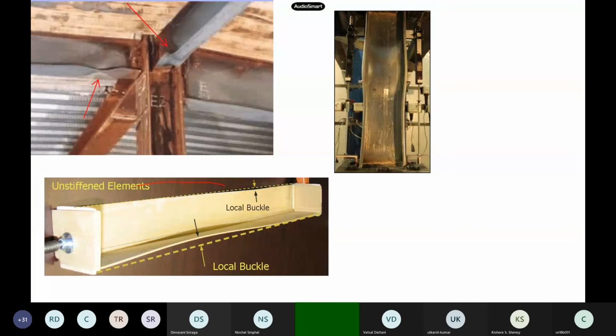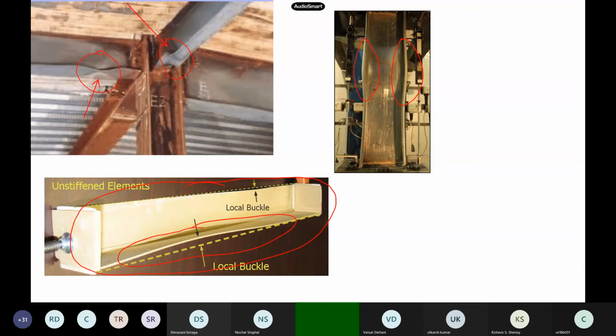So what is buckling here? This section has buckled here. Now this is also like your angle section or something. Here only one leg has buckled, the other leg is perfectly fine, and the structure overall is fine, but individual members have buckled. Here also you can see they have buckled, but the overall structure is fine. Here also you have a beam, the flange has buckled. This happens in steel structures. This is a very big headache actually.